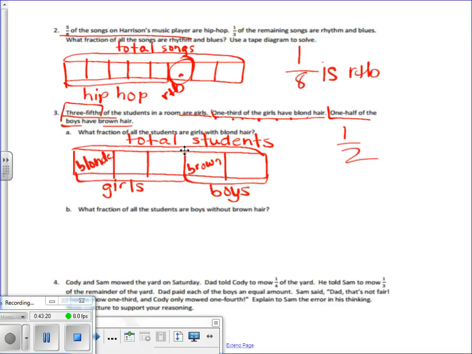Jeremy. 1 out of 1, 2, 3, 4, 5. That's it, 1/5. 1 is not a fraction. 1 is a whole number. 1/5. 1 out of all 5. And I know how you get